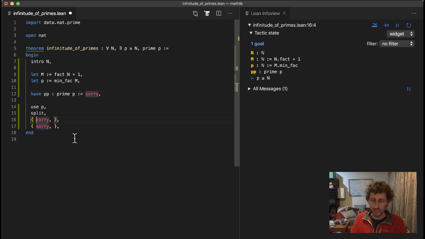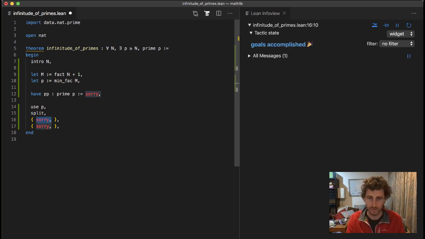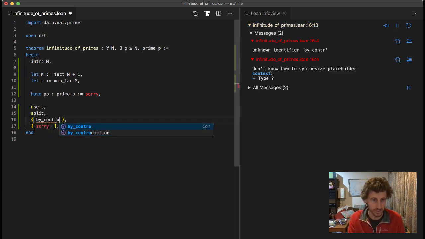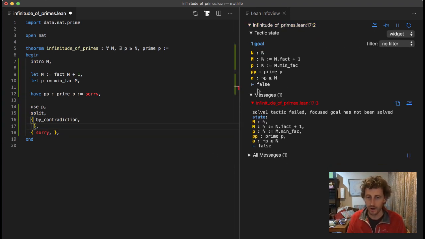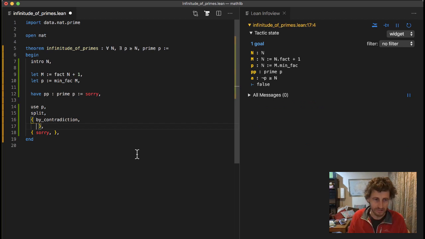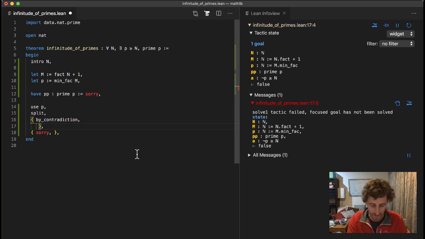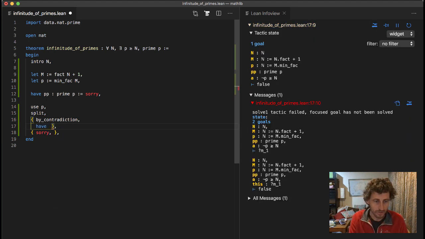Okay, so clearly the interesting part is here, proving that p is greater than or equal to n. If we think about how the proof is meant to go, the traditional thing to do at this point is to say, well, we're going to do a proof by contradiction. And so now we've gained a new hypothesis, the fact that it is not the case that p is greater than or equal to n, and our new goal is to prove false. We now get to the actually interesting part of the proof, and the general framework here is that we're meant to prove a series of statements about divisibility. We're meant to prove, first of all,